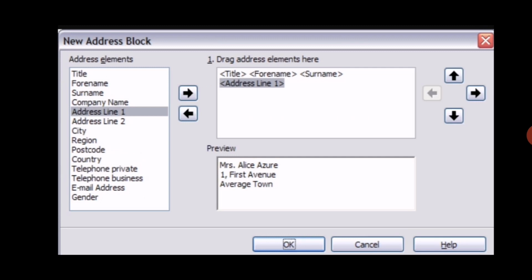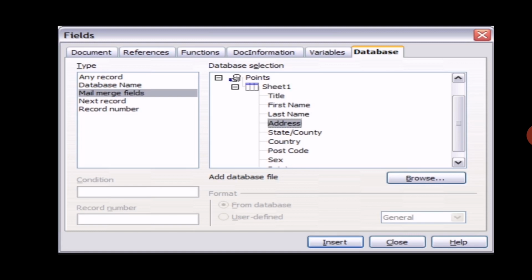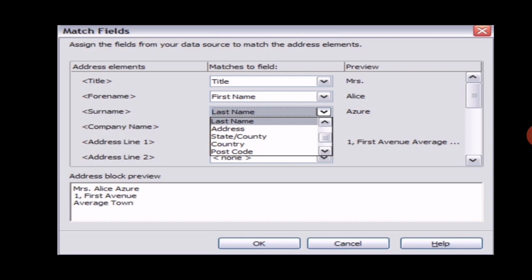Then click on the OK button. When you click on the OK button, it also opens a new field here. If you want to use a predefined database, you can select any option here. Otherwise you can match your fields also here. The third option was match fields.